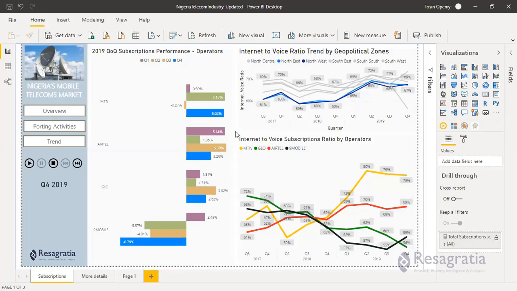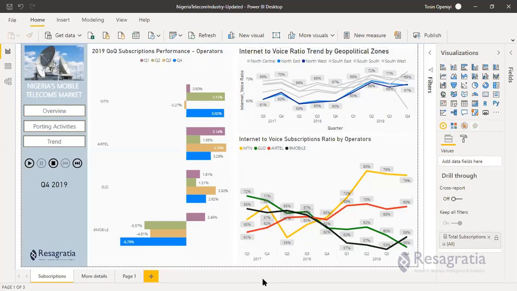If you don't have this data, you won't even know they are struggling. You just know there's a network called 9mobile. Their internet speed is extremely fast, but it's expensive. But you won't know that when it comes to growth, they've not really been growing. From second quarter 2019 to fourth quarter, it's been a challenging period for them.